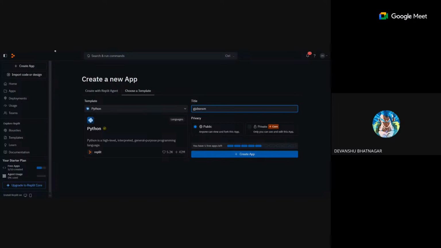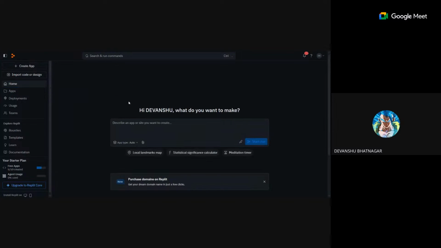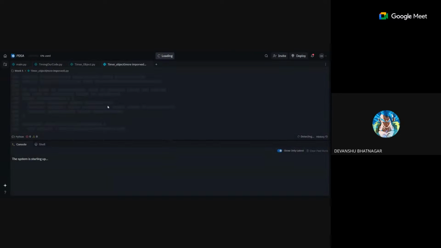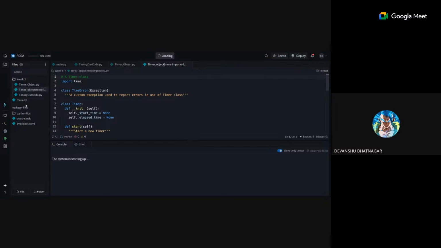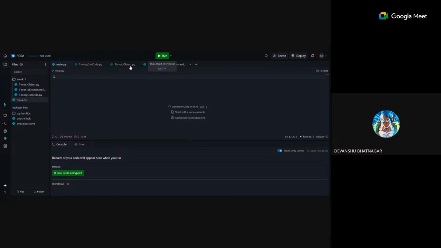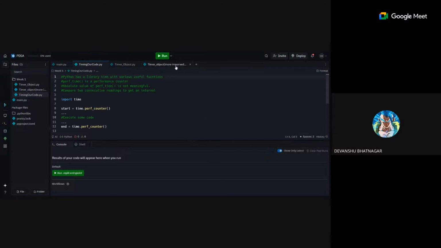So it will open a new Replit, something like this. Let me show you an example. This kind of interface will open. Here will be all of the files which you are writing, the files and the folders in which they are, and here you can run it. Whenever you run it, only main will run. If you want to run other code, you have to open the shell, go here, and type the name of the code. So you will say Python